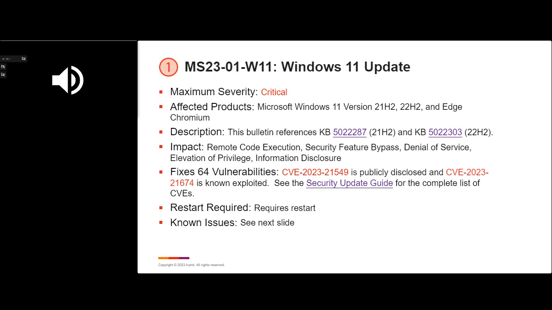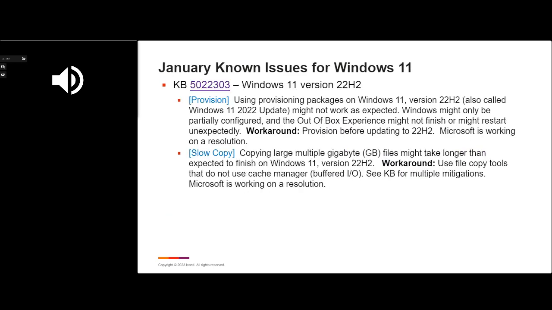Getting into the actual Microsoft releases, as Chris mentioned, there were quite a few vulnerabilities addressed this month, 101, of which 3 of those were repeats. In particular, in Windows 11 this month, again, there are 2 versions floating out there, 21H2 and 22H2. They did address 64 vulnerabilities, and as Chris covered earlier, the public disclosure is addressed in this particular release, as is the known exploitation in both versions of Windows 11 here. No actual new issues reported this month in Windows 11.